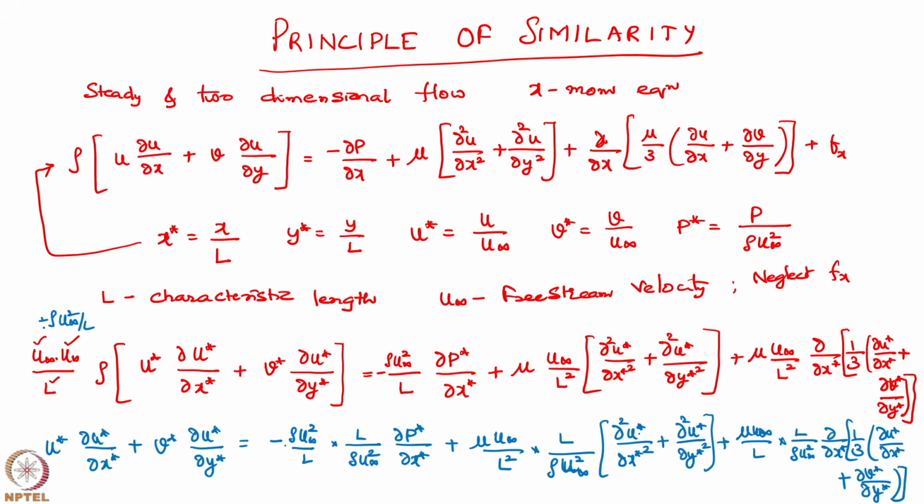So here this gets cancelled out, and here what I end up getting is mu by rho u infinity L, and here also mu by rho u infinity L. So if I write that, the equation turns out to be u star dou u star by dou x star plus v star dou u star by dou y star equal to minus 1 by rho dou p star